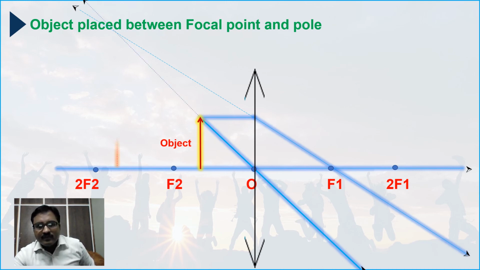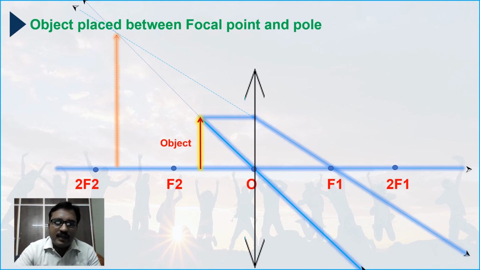Here these two refracted rays are a divergent beam of light rays. That is why we have to extend the light rays back to get the intersecting point. Previously they were parallel lines, and even if we extend back they cannot intersect each other, but here these two are a divergent beam of light rays. That is why we have to extend back to get the image. Whenever we extend back, we are going to get the image here. It will be very clear.